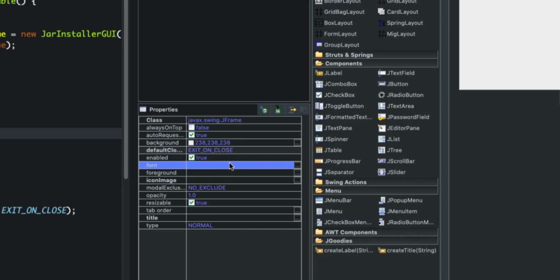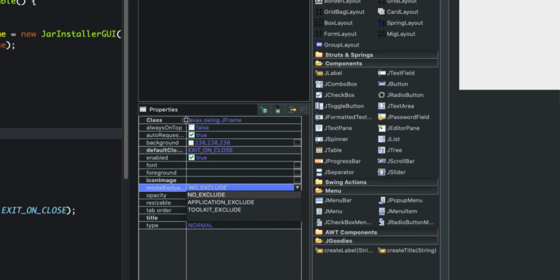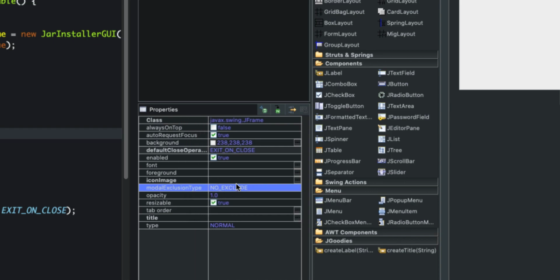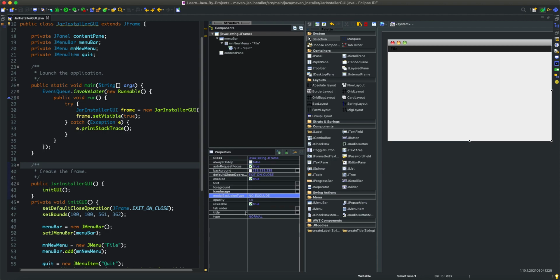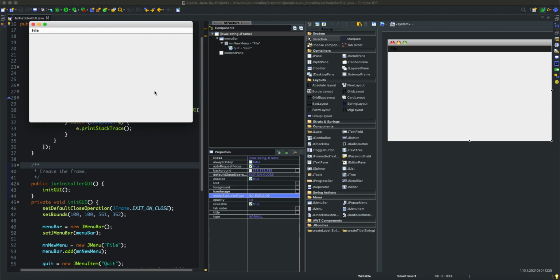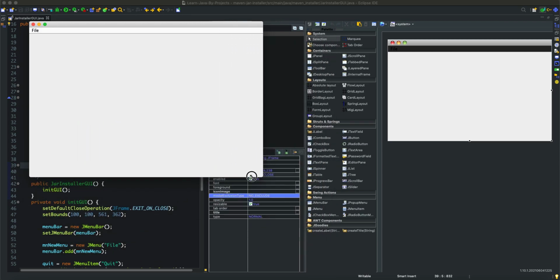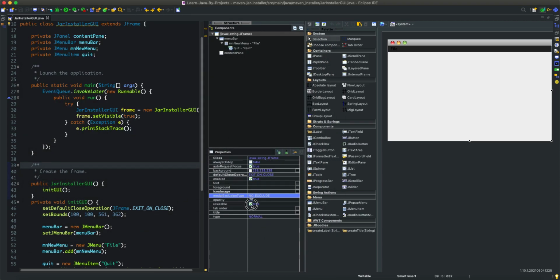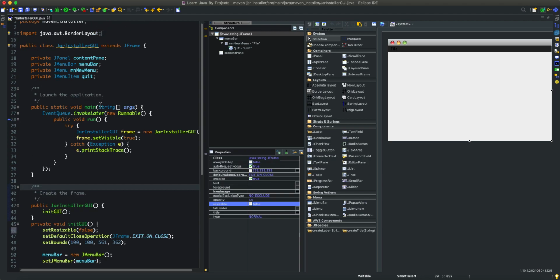This window is enabled. The font, the foreground, color, image, modal exclusion, which means what happens if this window is selected, can other windows also be selected or not? Opacity 1, resizable, true. If we don't want the window to be resizable, we can set this to false. So right now, if you run the application, the window is resizable, right? So the user can resize it. So if we set this to false, and